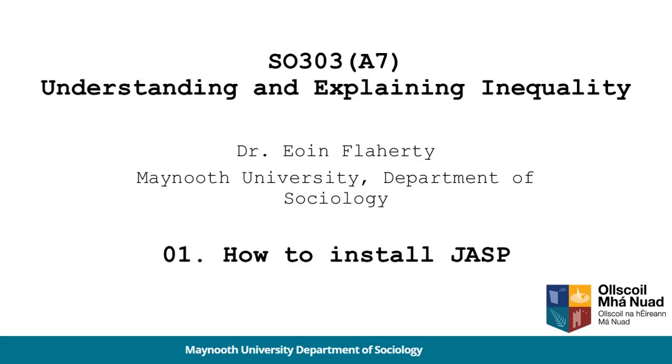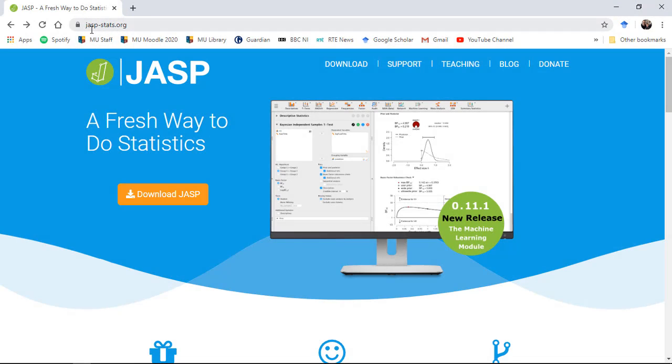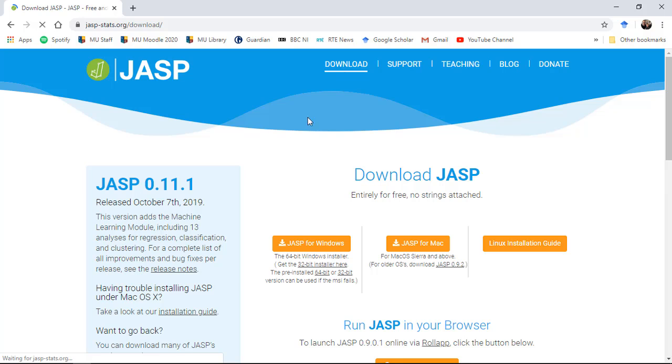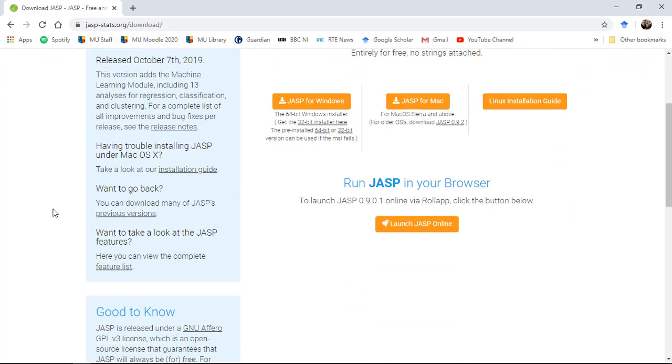To install JASP on your computer, go to the link up here, jasp-stats.org, and from the JASP home screen, click on the Download tab on the top. Now, rather than installing the latest release, which is 11.1, I want you to scroll down here on the left